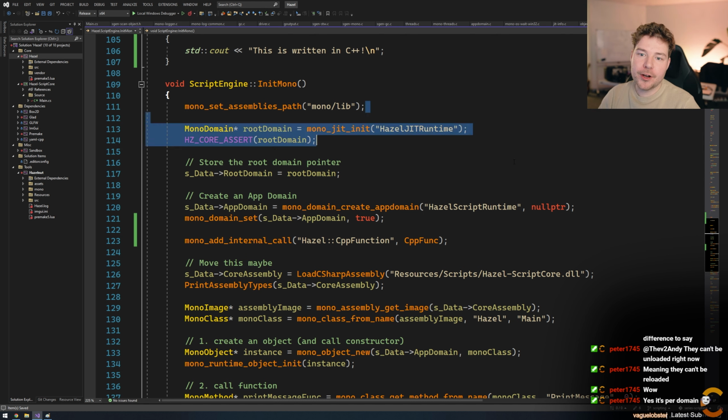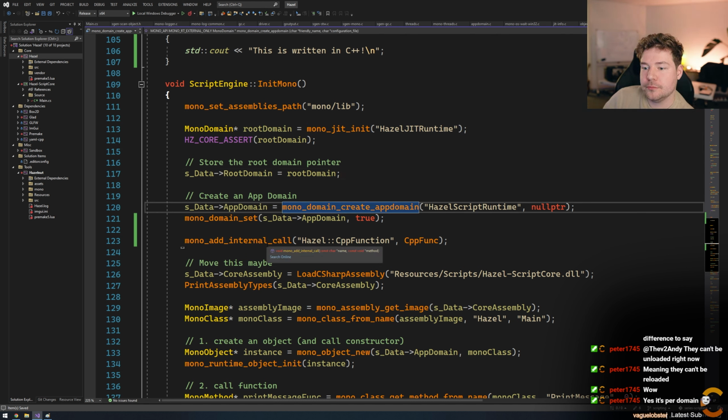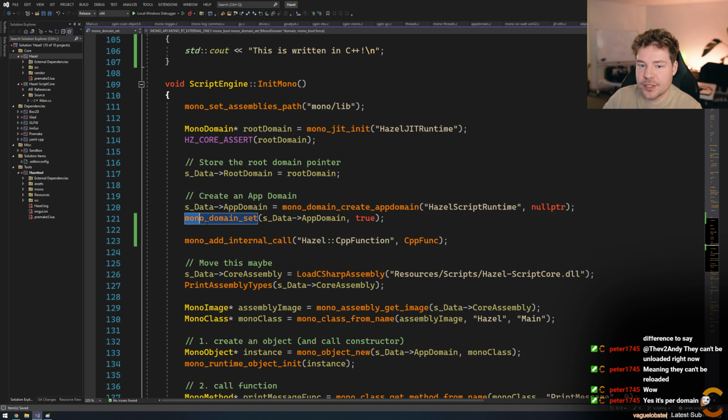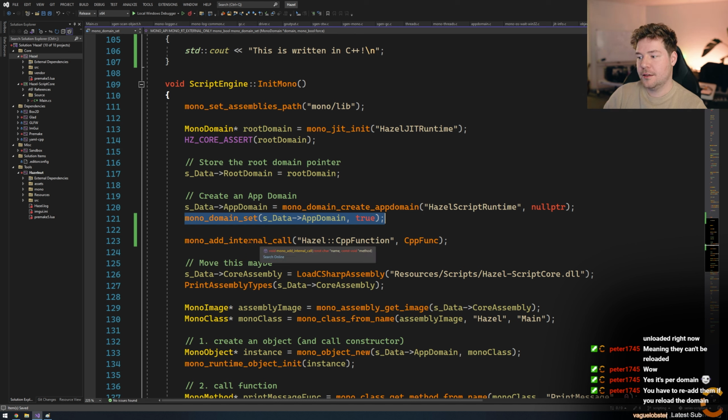It's per domain. Okay, cool. So I guess you set the domain, and that's like setting the context, and then this applies to the context you've set as your global context. That's what I'm assuming, which might be important later.